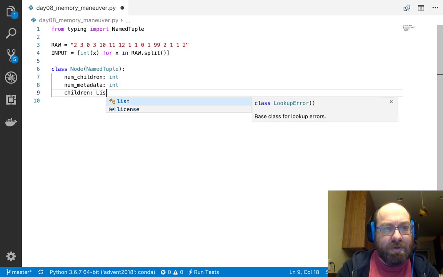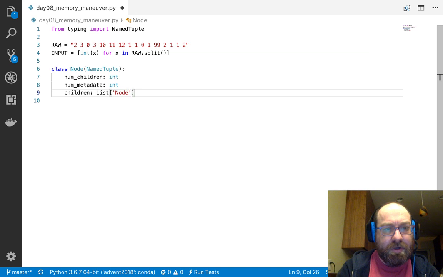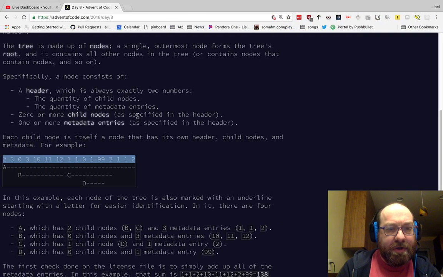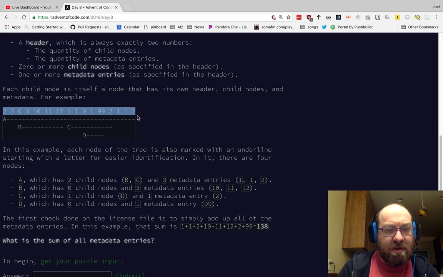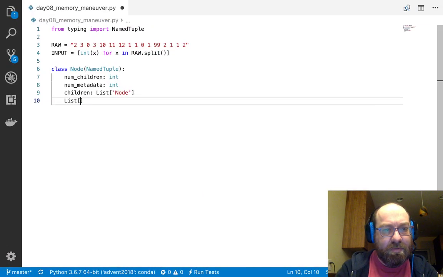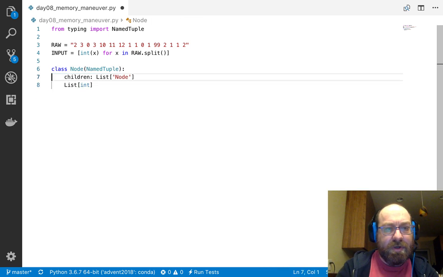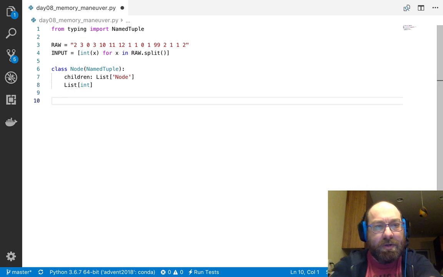So children is a list of nodes, and metadata is just a list of ints. And so we actually don't need num_children and num_metadata. Okay, and so